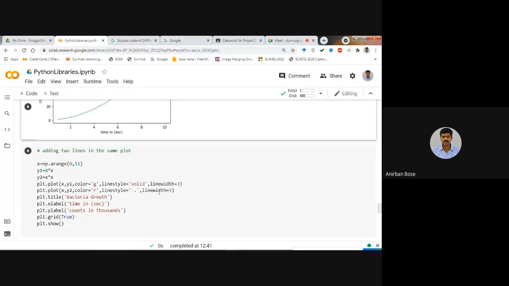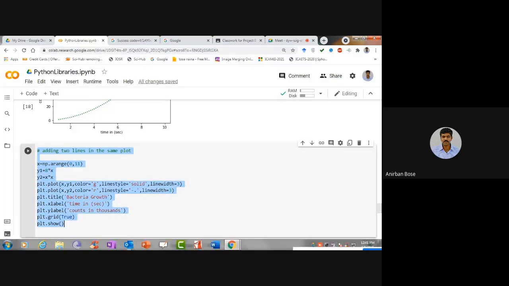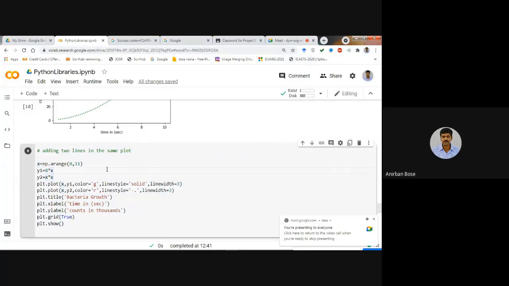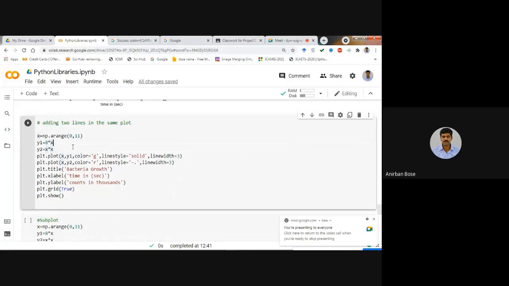Now suppose you want to add 2 lines in the same plot. Okay, you want to draw 2 lines in the same plot. So for that, you see what we are doing, that suppose you defined x 0 to 11, then y1, that is 8x, it's a straight line.